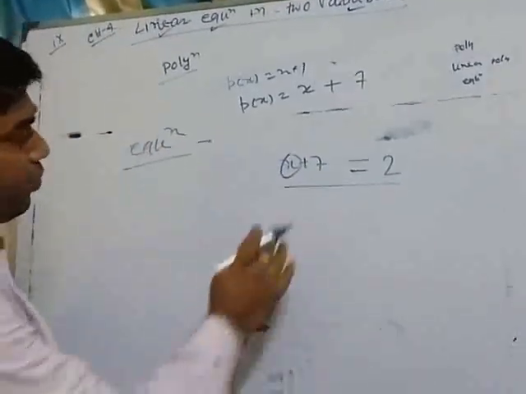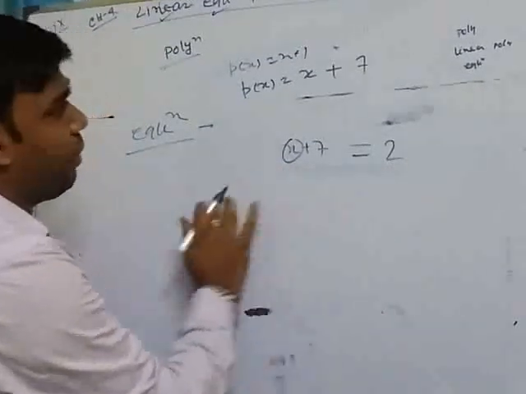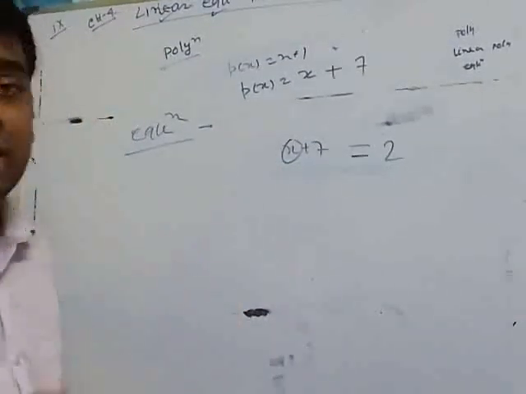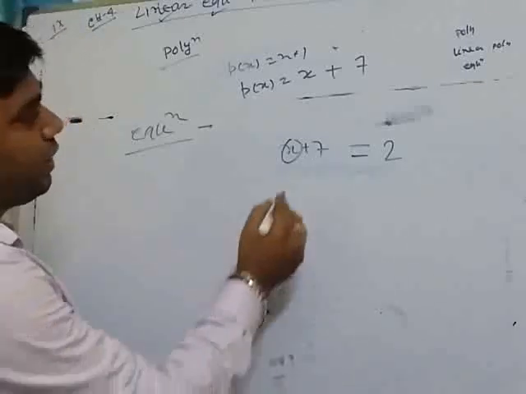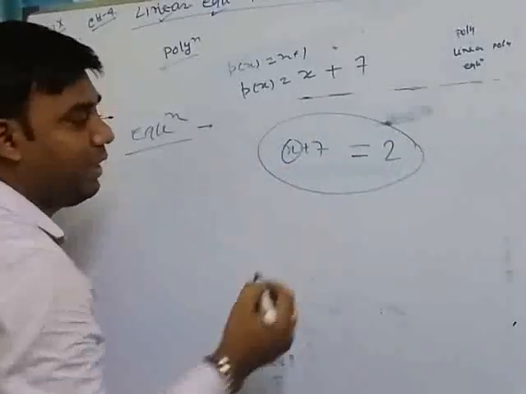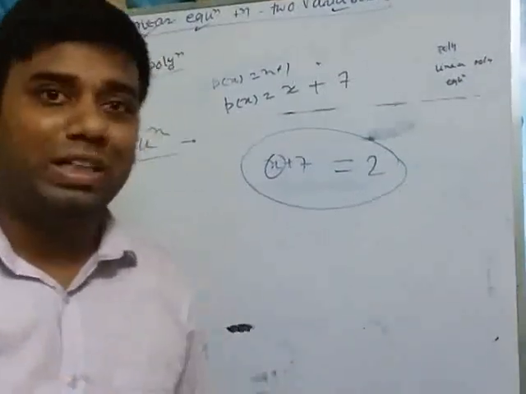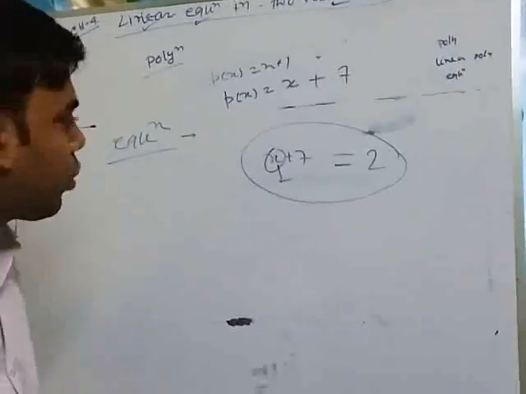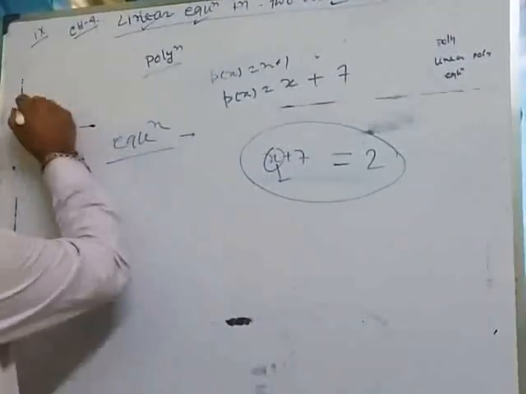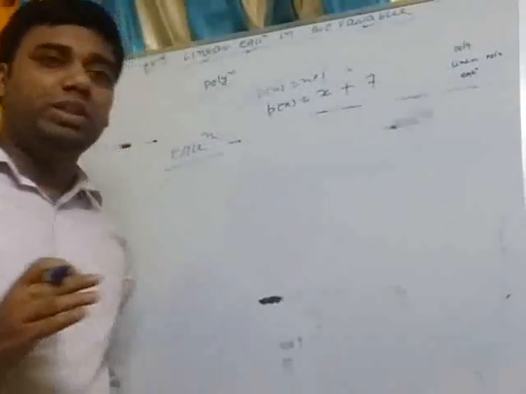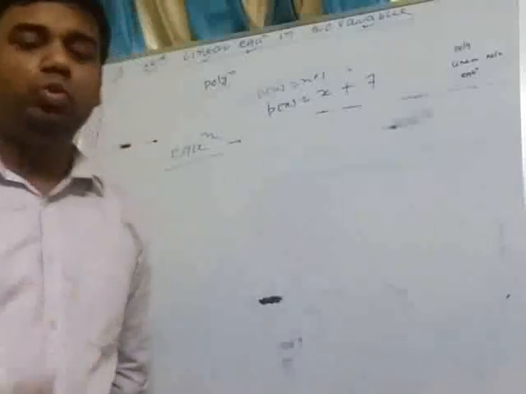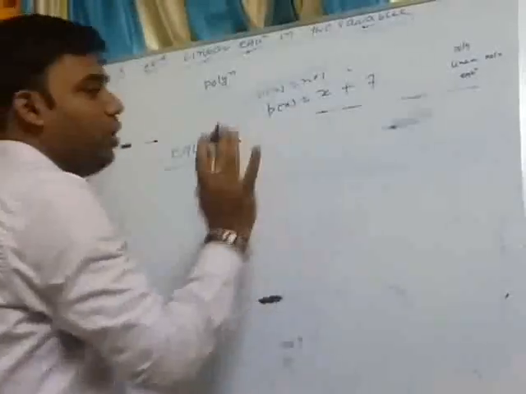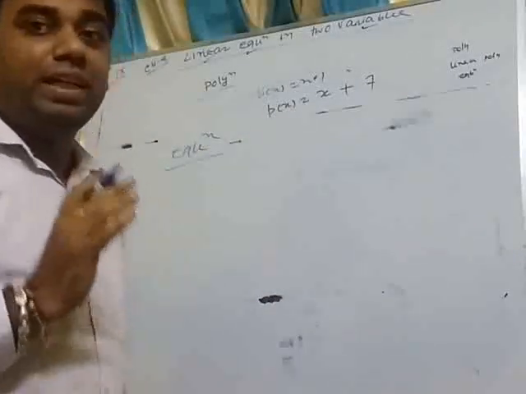Okay, now we have to learn what is variable. What is variable? I have said that an equation is a statement of equality which involves some unknown quantities. Those unknown quantities are called variables. That is an equation, so an equation must have an equal sign.